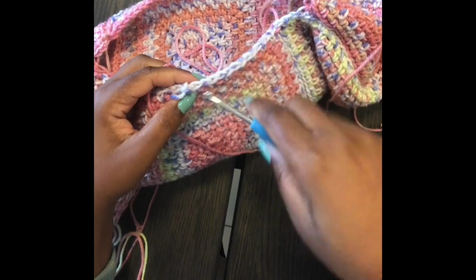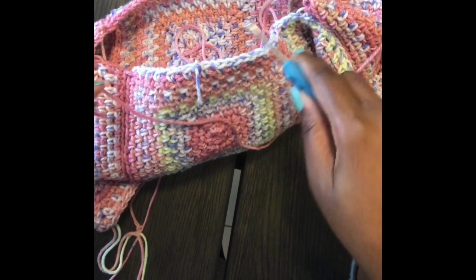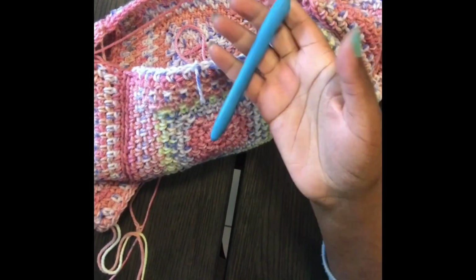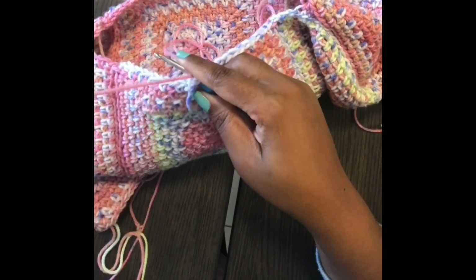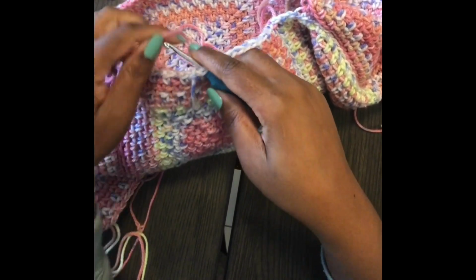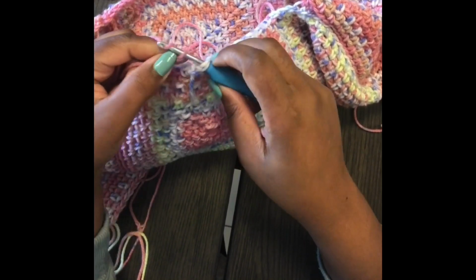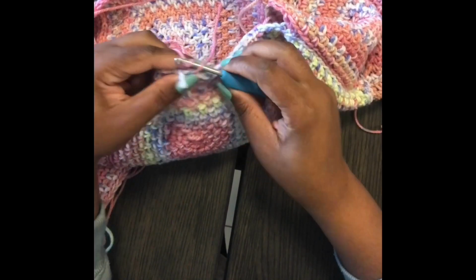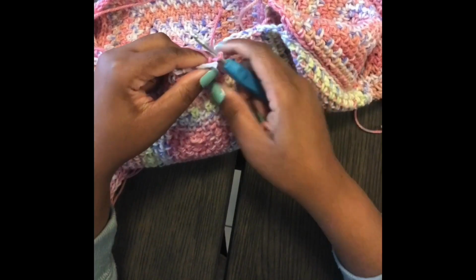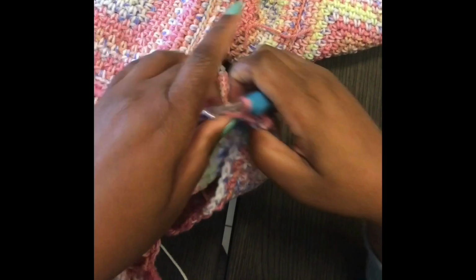From there, you're going to go into the next stitch and join your yarn, and we're going to work around back and forth using the moss stitch. I'm going to use a 4mm because I want my neck to be a little bit smaller and a little bit tighter. So you join your yarn next to the stitch of the center. So I'm going to chain 2, and we're going to work the normal moss stitch, which is chain 1, single crochet, chain 1,